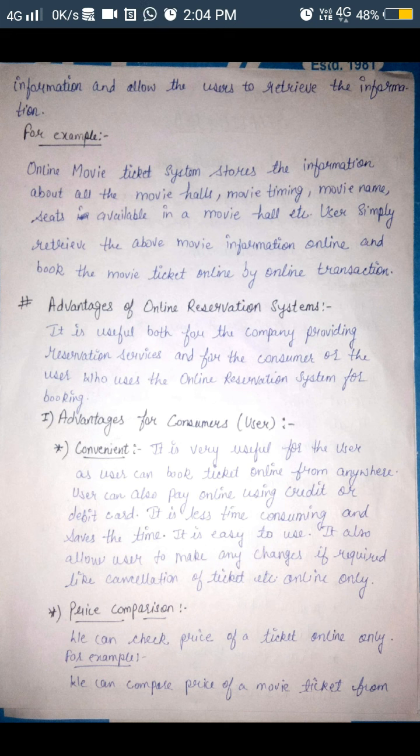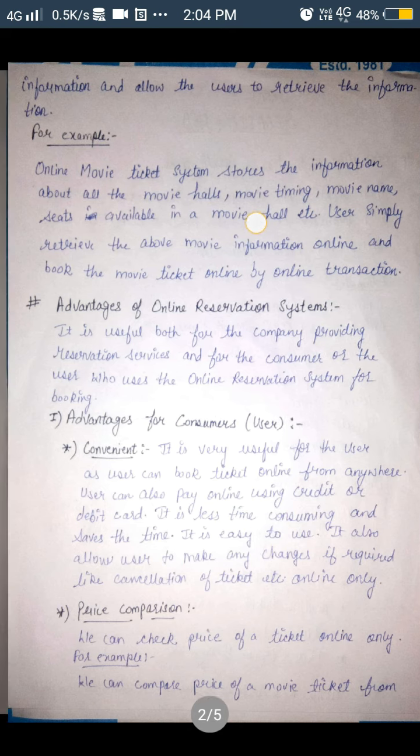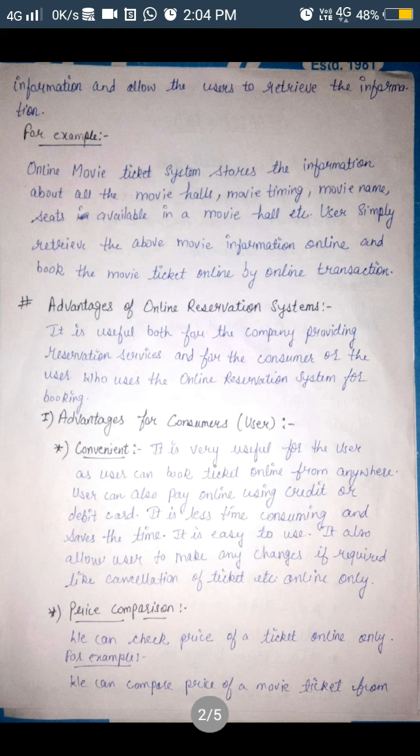Let us consider an example for this. If we have to book any movie ticket online, firstly the online movie ticket system stores the information about all the movie halls. When you access these applications for a movie ticket, firstly you will see complete information regarding a movie hall, movie timing, movie name, and seats available in the particular movie hall.